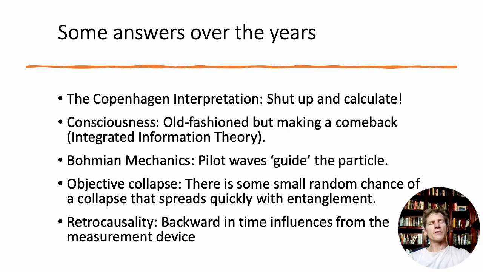Objective collapse, again, if you add some more rules, you could say there's some small random chance of a collapse, and if something does collapse, then it spreads with entanglement. So as soon as you've got a lot of particles, which you would in any macroscopic object, that small random chance means that it's almost definite that big objects are going to look like they're not in a superposition. So, it has some things going for it, but again, there's this question of exactly when does this objective collapse happen? What is this small chance? So far, we've never seen it. At the moment, we're sort of looking for that value, and objective collapse would be disproved if we just kept putting bigger and bigger things in superpositions.